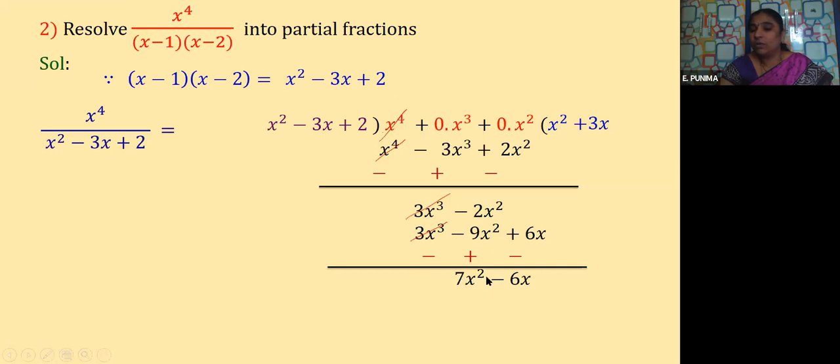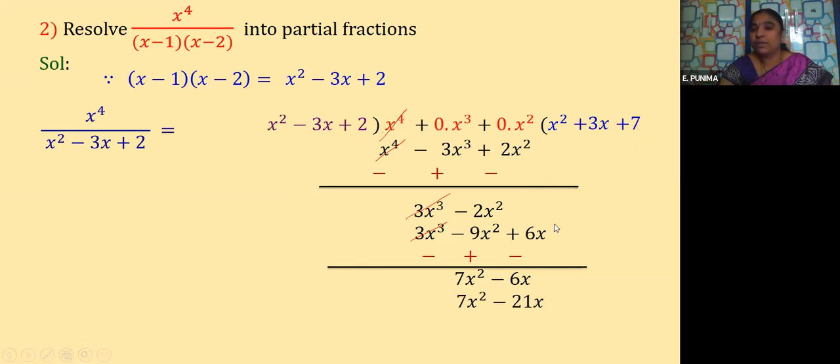What is the degree here? 2. And what is the degree of the divisor? It is also 2. So when you write r of x by g of x, the degrees are same. So if the degrees of numerator and denominator are same, then what is it, children? Yes, you are right. It is an improper fraction. So whenever you have an improper fraction, the division process should be there, yes or not? So still the division process continues. So with what will we divide here? x square into how much is 7x square? It is plus 7. So it is now 7x square.